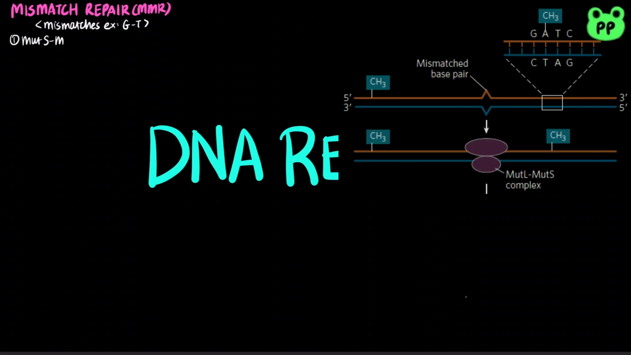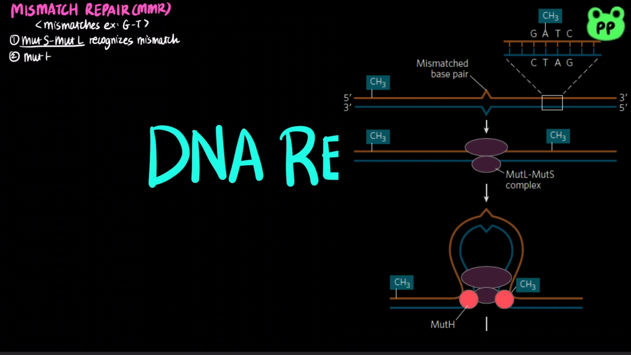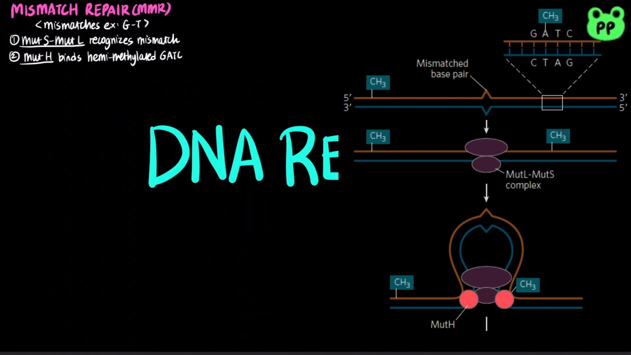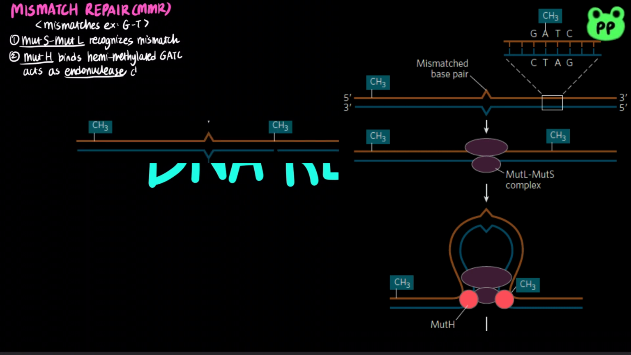First, MutS and MutL complex recognizes and binds to the mismatch site. Then, MutA binds to hemimethylated GATC sequence. Recall that immediately after replication, the template strand is methylated while the new strand is not, in order to distinguish the parent strand from the new strand. MutH functions as an endonuclease that cleaves the phosphodiester backbone of the unmethylated strand at the 5' side of the